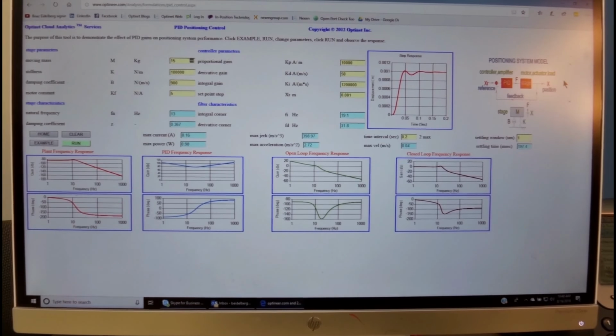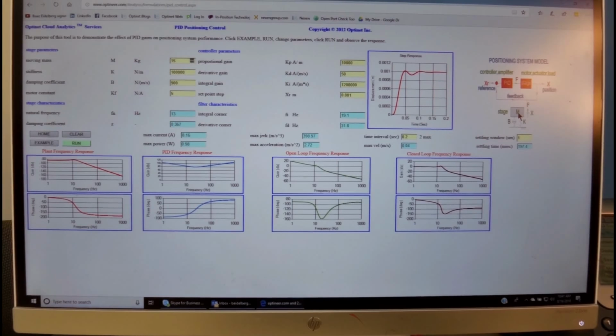What we have here is a positioning system model where we have the reference set point position, we have the feedback from the encoder, we have the PID controller, and then we have the plant, which is the stage. Now the plant is a simple mass spring damper system, which basically characterizes almost any mechanical system.